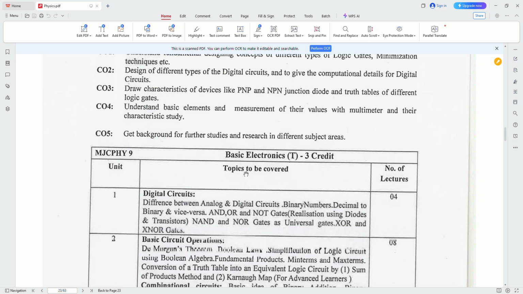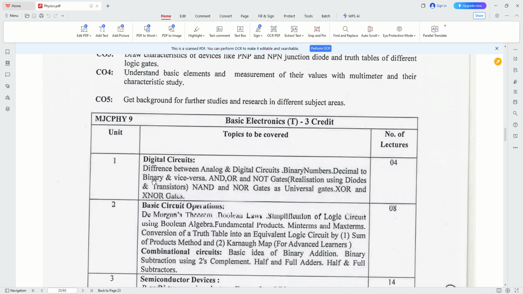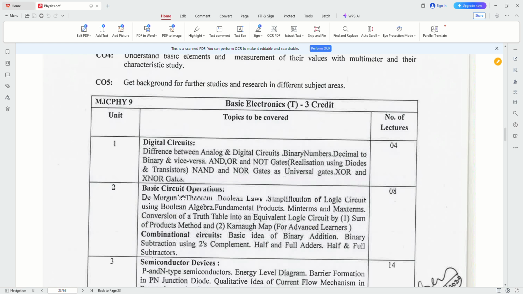Course outcome, this. So come to the point. Basic Electronics. Digital circuits. Difference between analog and digital circuits. Binary systems, decimal to binary and vice versa, AND, OR and NOT gates. Realizations using diode and transistor, NAND and NOR gates as universal gates, XOR and XNOR gates. Basic circuit operations, De Morgan's theorem, Boolean laws, simplification of logic circuits using Boolean algebra, fundamental product, minterm and maxterm